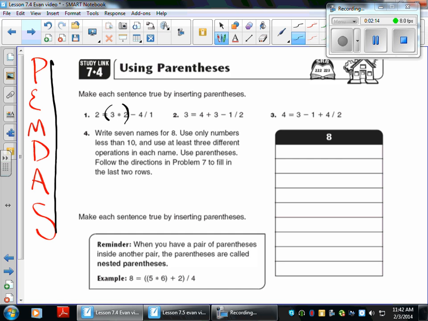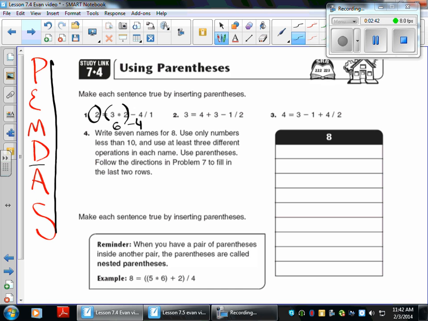3 times 2 would give me 6. I see a division sign, I see division comes before addition and subtraction, so 4 divided by 1 gives me 4. 6 minus 4 gives me an answer of 2. So in this case, the parentheses should go around the 3 and the 2. 3 times 2. For the second problem, I need to put parentheses in this problem so the answer gives me